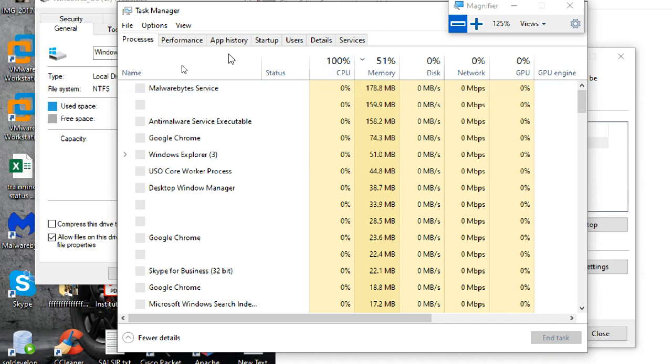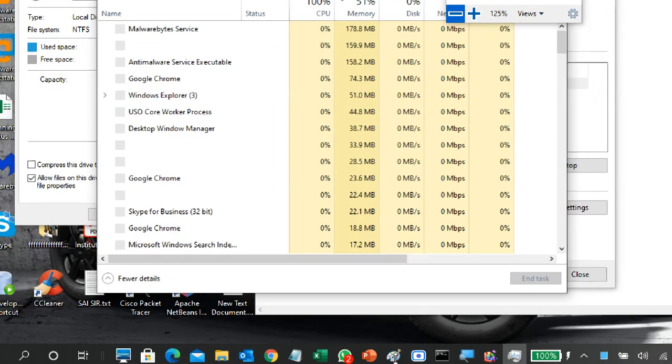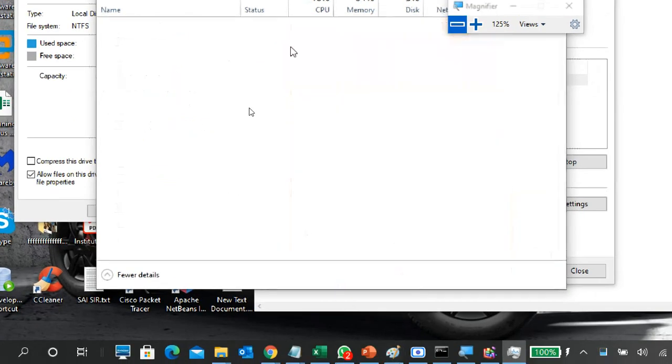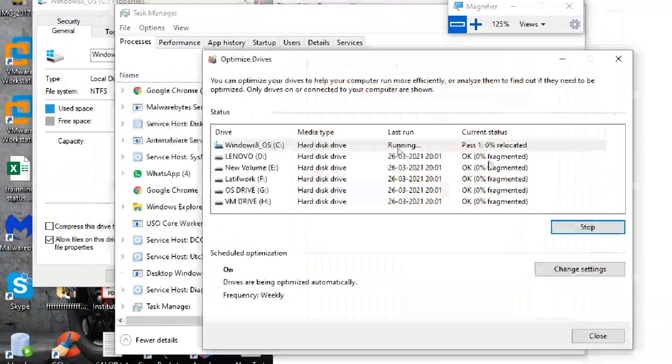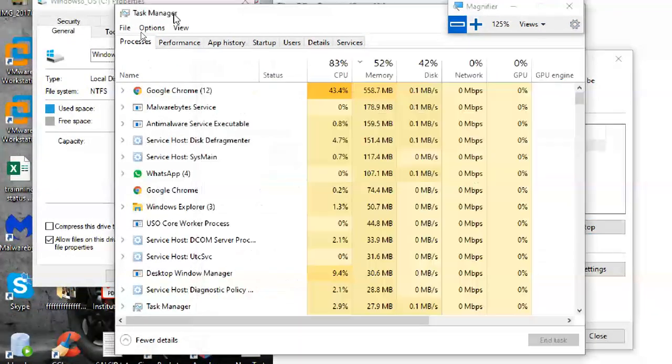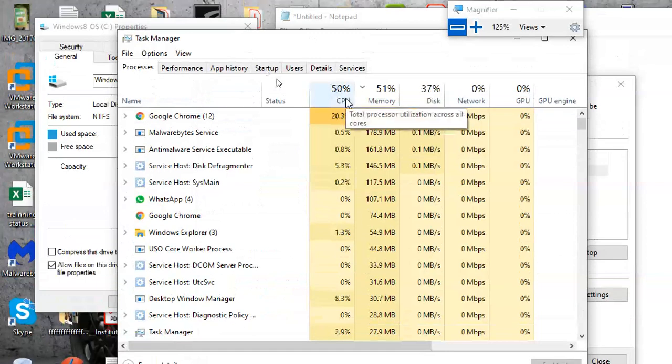It is showing. Why it is freezed, I don't know, I think it became a little bit slower because I'm doing this work. See, CPU utilization is around 50%, 70%, 80%, now 30%. Check the CPU utilization by individual process also.